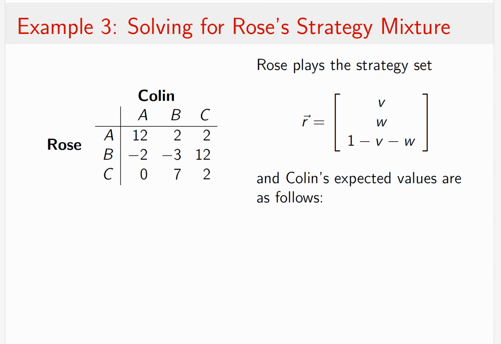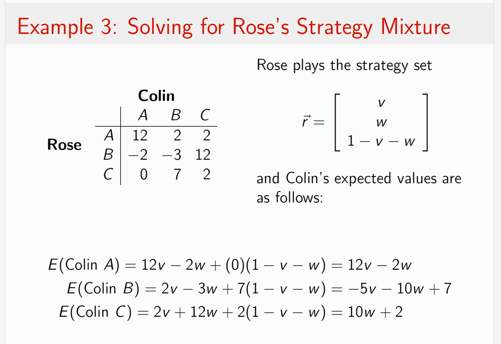Okay, solving for Rose's strategy mixture. Again, we're going to do across the top row is going to be 12v plus 2w plus 2 times 1 minus v minus w. And I'm sorry, we're solving for Rose's strategy mixture, so we're doing Collins' expected value. So that's